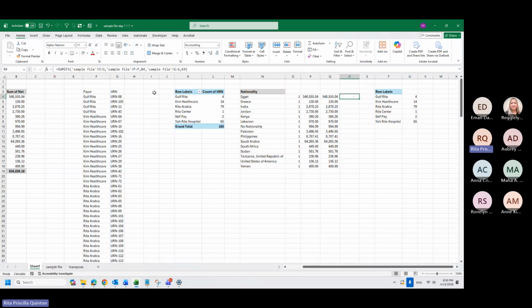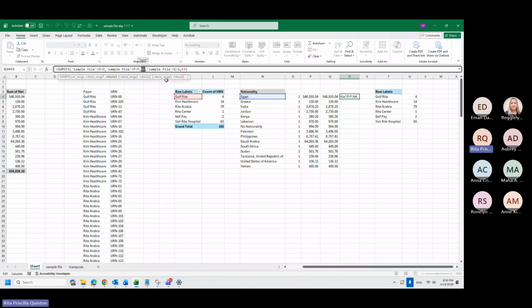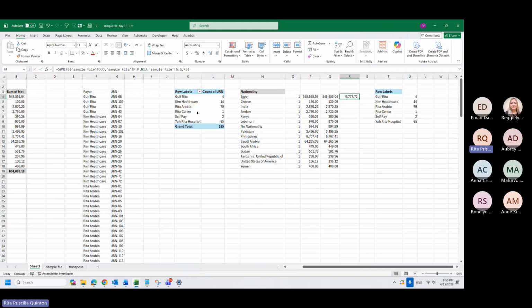For example, this is the summation of the net, and this is my range of the nationality. So this is my nationality, which is Egypt. I want to know all the Saudis under Saudi Arabia. Okay. If I press, then it's 9,777.